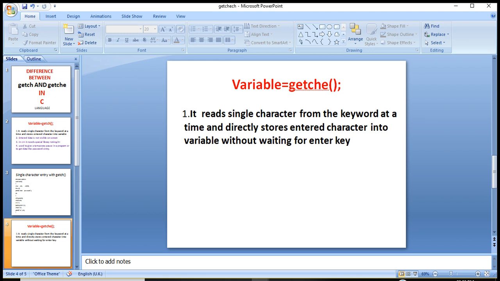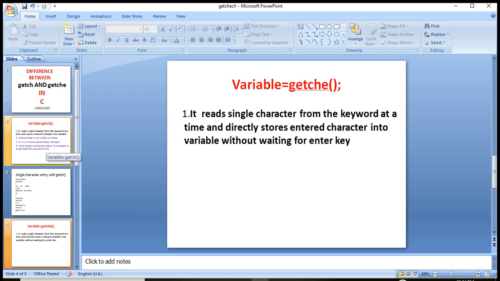In getch also, it does not need the enter button, because as you press the character, that character is stored into the variable.